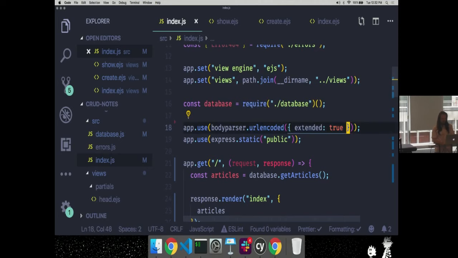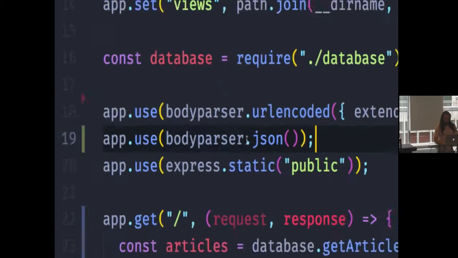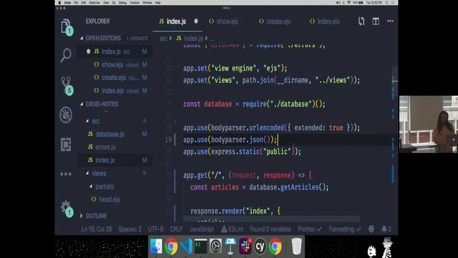So this is body parser. I could also handle JSON body data. That's how I would handle JSON data as well, by adding a body parser for JSON data. You don't need to do that this week, but just keep in mind that the body parser needs to know which kind of data we expect to get from the client.